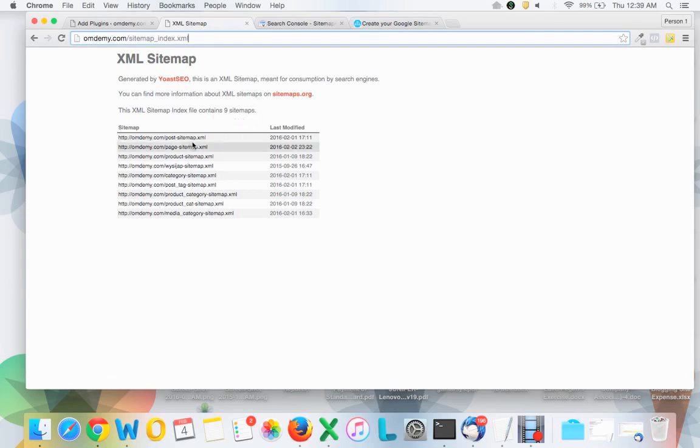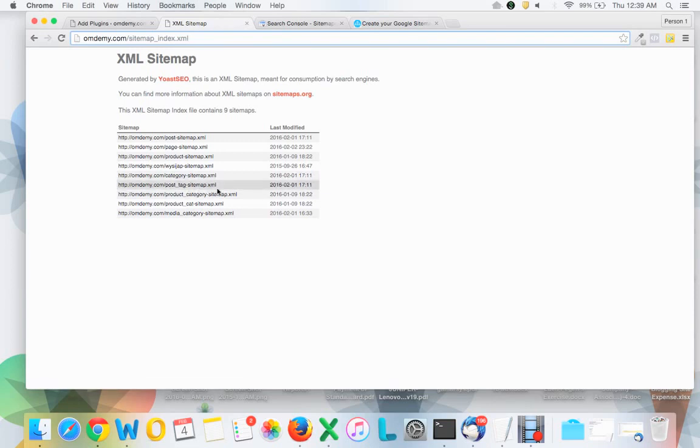Which are like post-sitemap.xml, page-sitemap.xml, product-sitemap.xml, and depending on whether you have some other plugin, like in my case I have one plugin for which there is also a sitemap. Category is one sitemap.